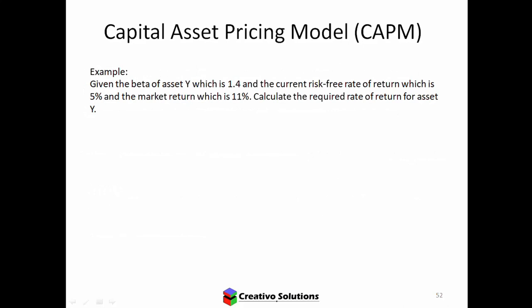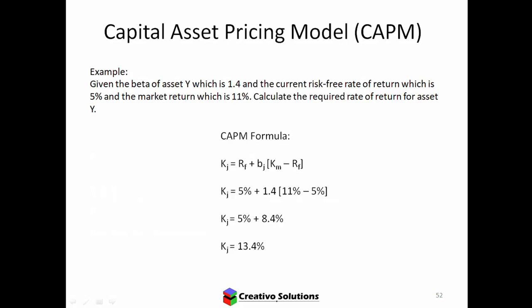All right, so now we have an example here, just highlighting this capital asset pricing model. If you were asked to calculate the required return for this particular asset, here we have a beta for asset Y, which is 1.4, and we have the current risk-free rate of return, which is 5%, and we have a market return, which is 11%. So remember, we need that formula, okay? The required rate of return